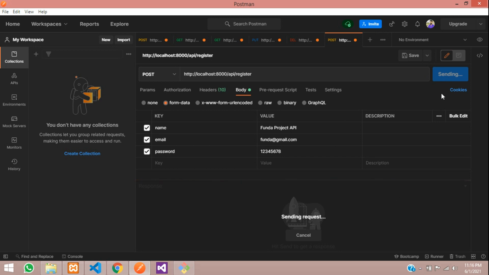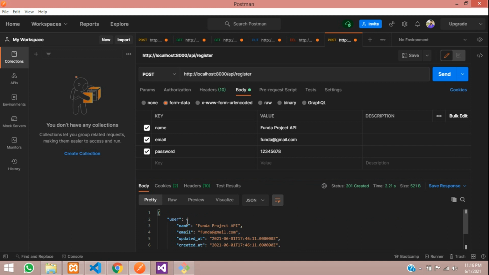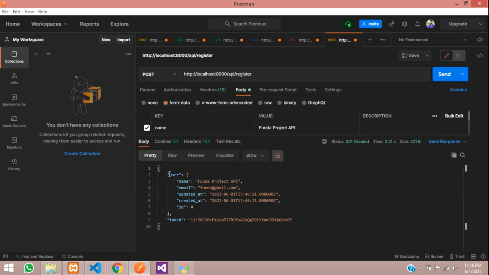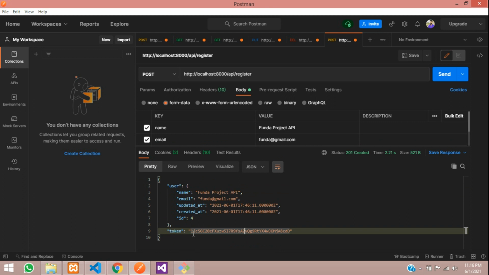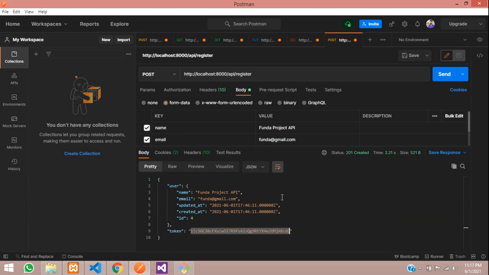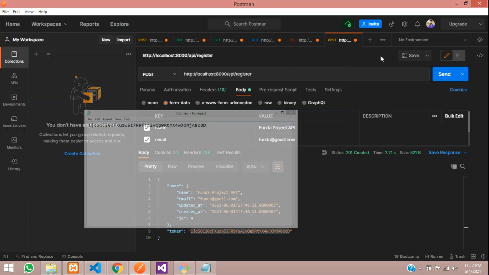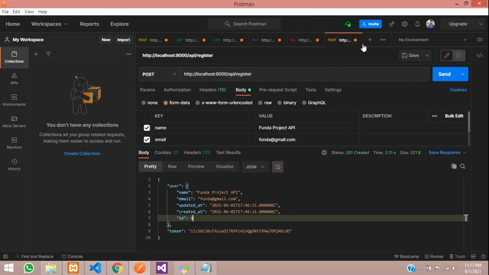Sending request. Perfect. So we can see that guys, the data has come with the user details, whatever we have created, that Funda project API, the email and the token. So by using this token, we are going to access our protected routes. Okay, so let's copy this and keep paste. So let's keep over here, and now guys, let's get back,